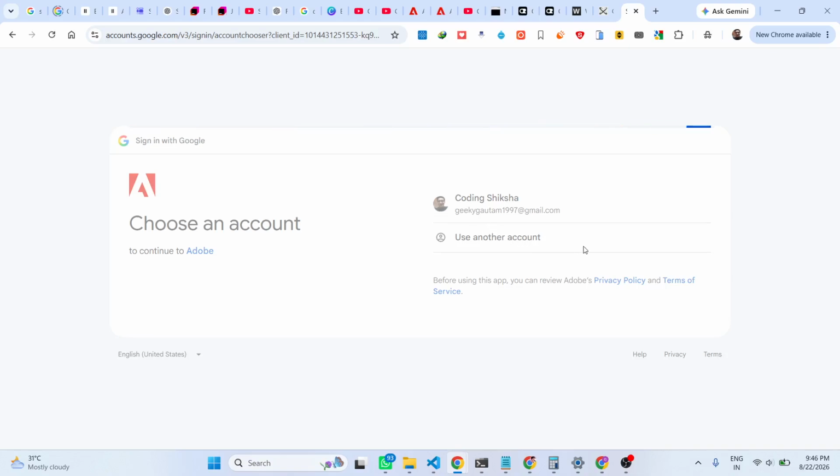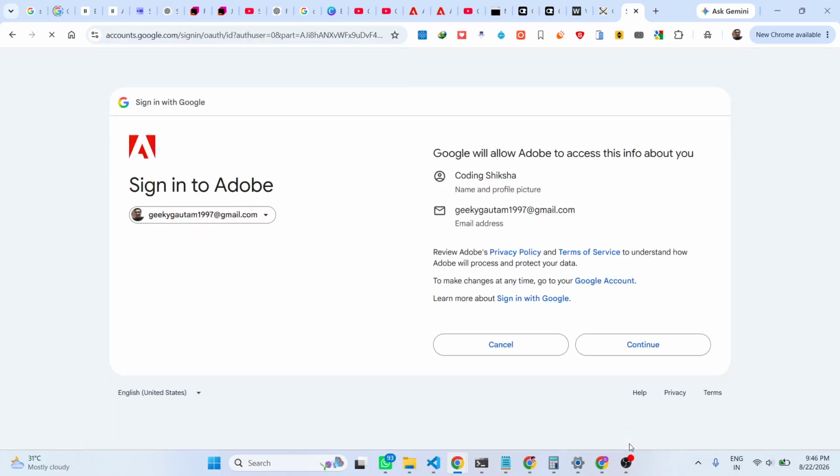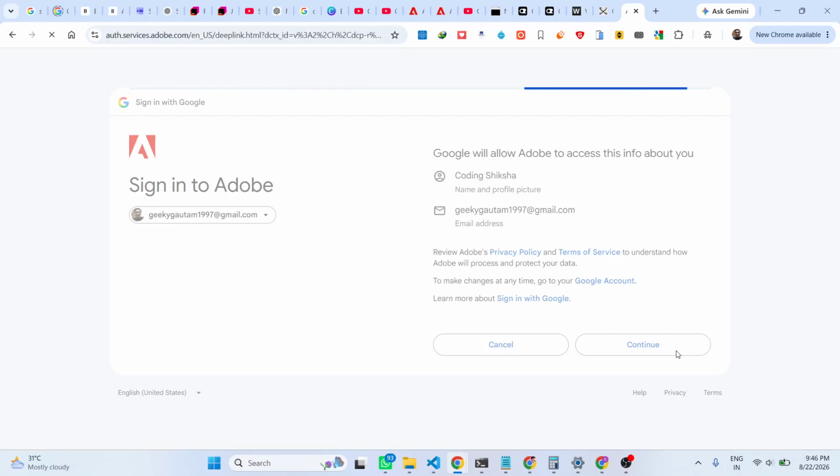This is specifically for students and teachers that they are providing this 74% discount, and you can activate this offer, Adobe Creative Cloud, totally free for the first year. So just select your Google account. As I already have an account right here, let me sign in. Once you are authenticated,